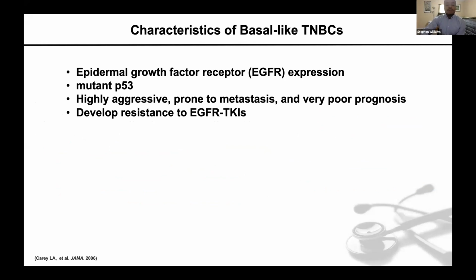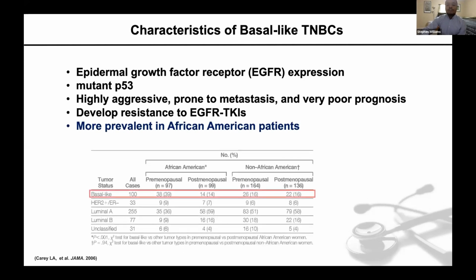They have high mutant p53, which is a well-known tumor suppressor. And they are highly aggressive, prone to metastasis, and therefore they have a very poor prognosis. And what our lab has shown is that they develop resistance to these EGFR TKIs. And what makes it a health disparity is that the Kerry group in 2006 were the first to show that